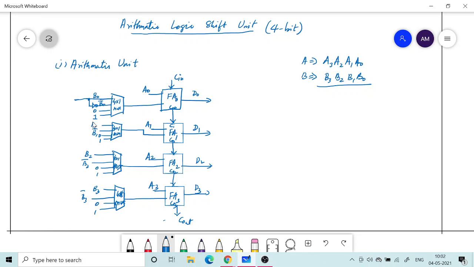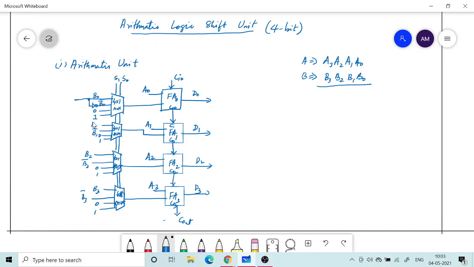So now I want to draw the table which will result from these operations which are possible. In order to allow a choice between one of the 4 options at the multiplexer input, I will use S0 and S1 as the select inputs.